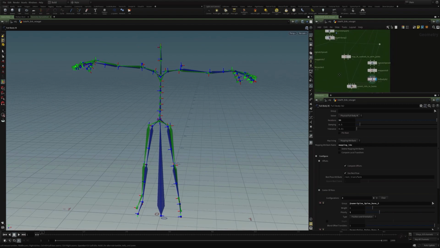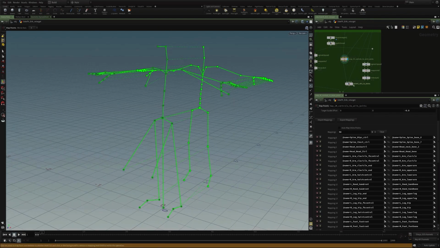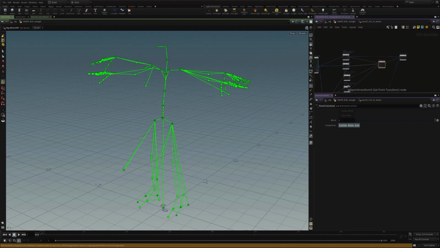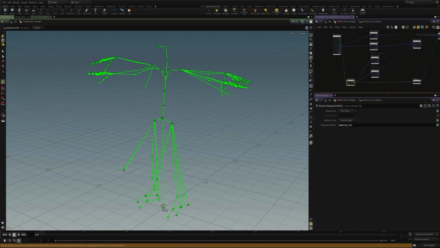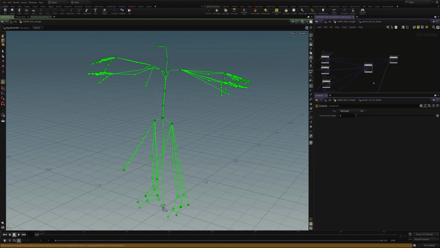After we've done that, we're going to take our mapped IK controls and we're going to parent them to those bones using this VOP network. You can check out the details of what's going on here, but it's fairly simple. We're taking in the mapping attribute, and for every point, if the mapping isn't valid, then we're ignoring it, we're deactivating it. For the rest, we're getting the point transforms of the first input, the parent transforms of the first input,